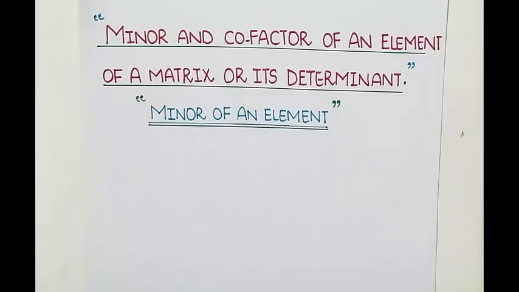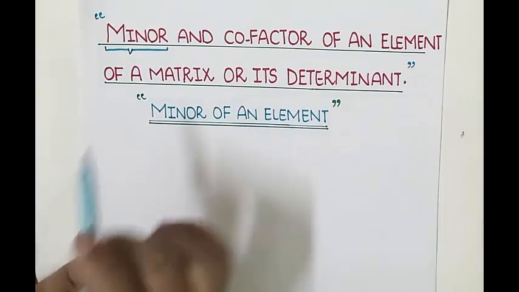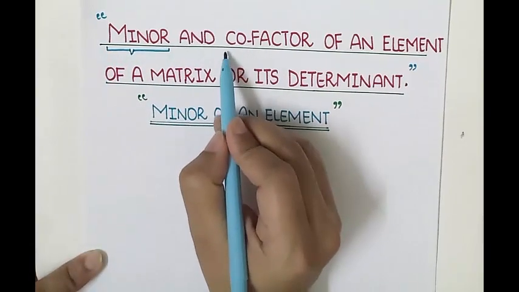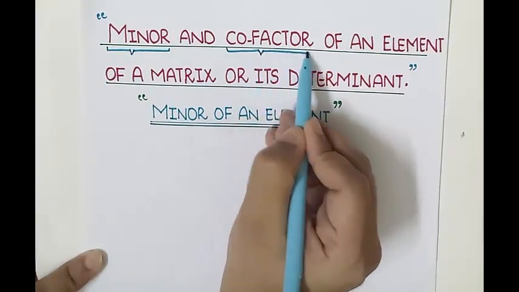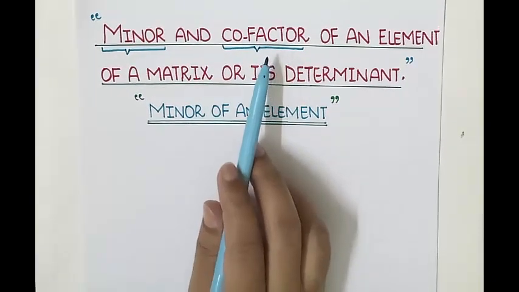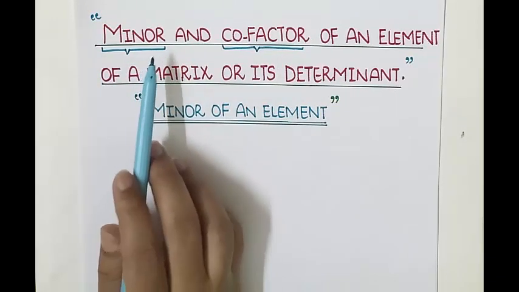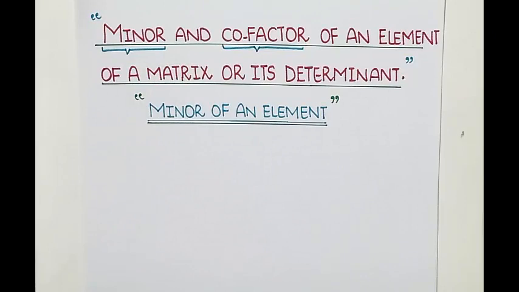Our topic of discussion is the minor and cofactor of an element of a matrix or its determinant. Basically, we are going to learn these two things: how to find the minor of an element and how to find the cofactor. To find the cofactor, it is essential first to find the minor of an element. Our purpose in learning these two definitions is so that we can easily find the determinants of